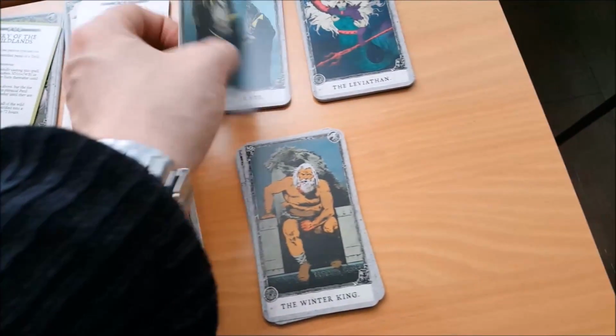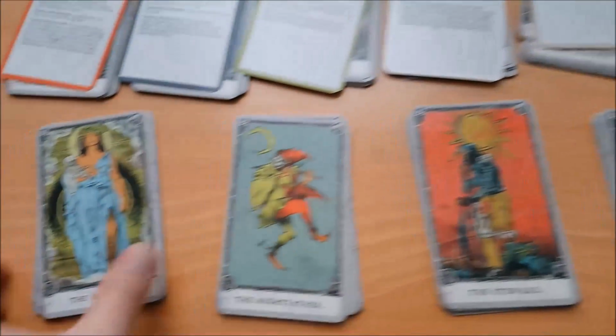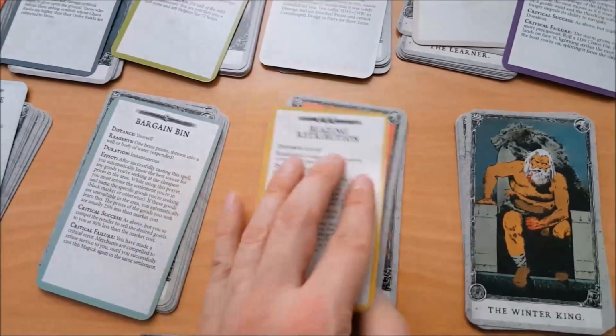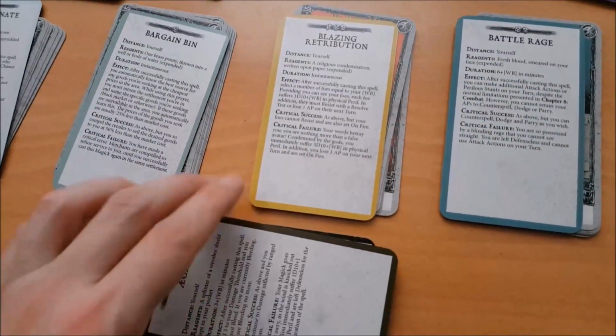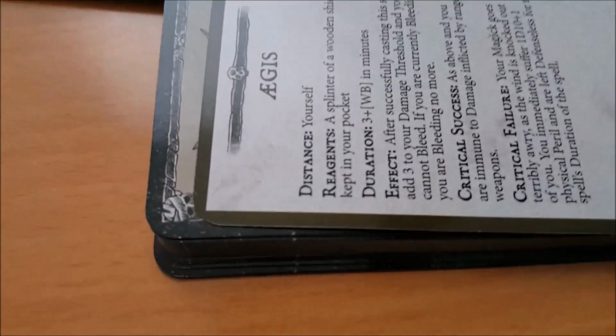Don't worry, we'll zoom in a little bit in a moment. The information on the back of a card is information like the distance to the target, the required reagents, the duration of the spell, the actual effect of the spell, what a critical success might mean, and what a critical failure might mean. So we look in, we see, let's get back into focus, we see the level of detail